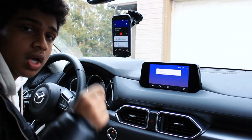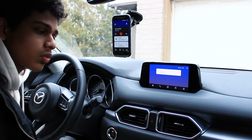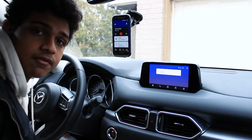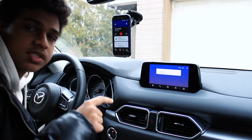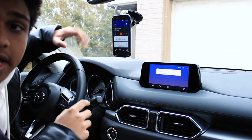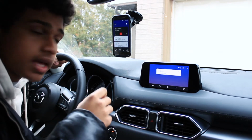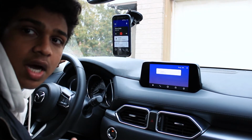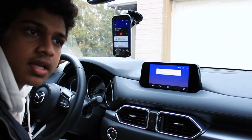Okay, so there we go. We have my dad's Android Auto running from his phone, which is an LG G5, onto the infotainment system. This is a Mazda infotainment system, by the way. And then we have my phone right here, which is running the Android Auto application. And yeah, okay, so we're gonna do a few tasks and see how they work, because how else would I